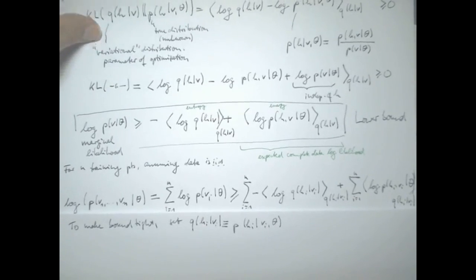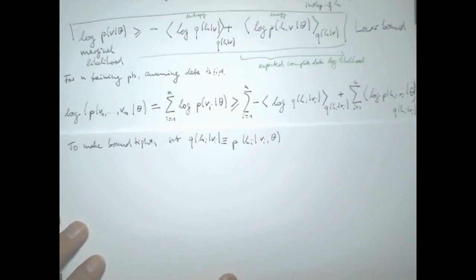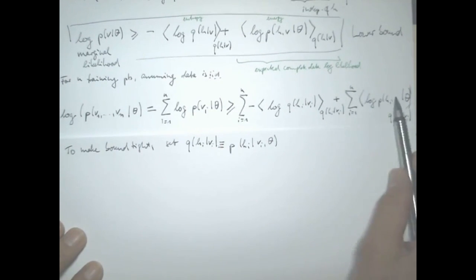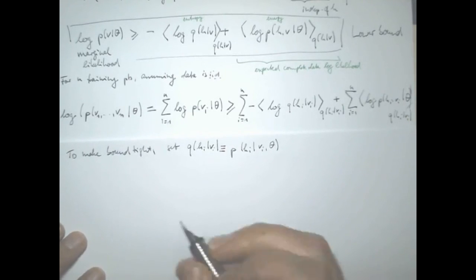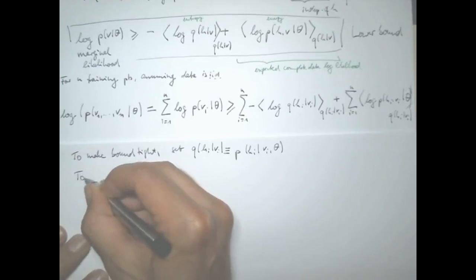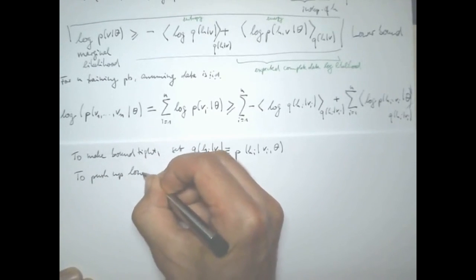So now we want to make this lower bound as large as possible, and we have a positive sign here, so we want to make this term here as large as possible. So to push up this lower bound,